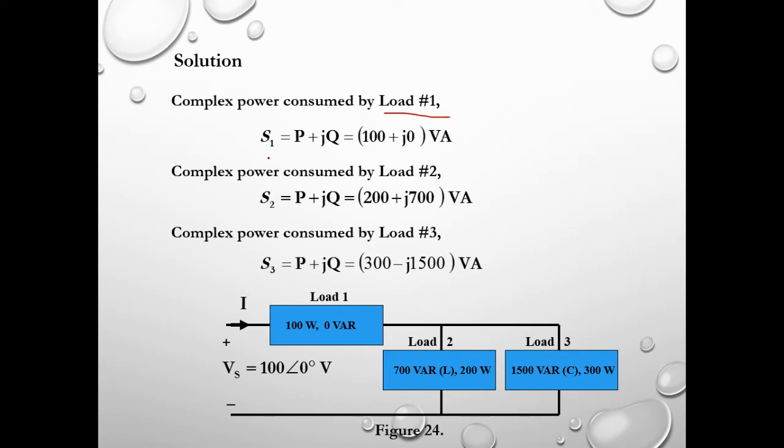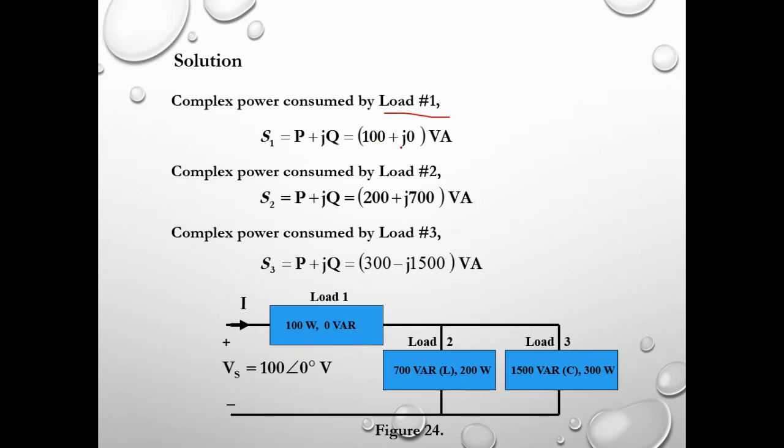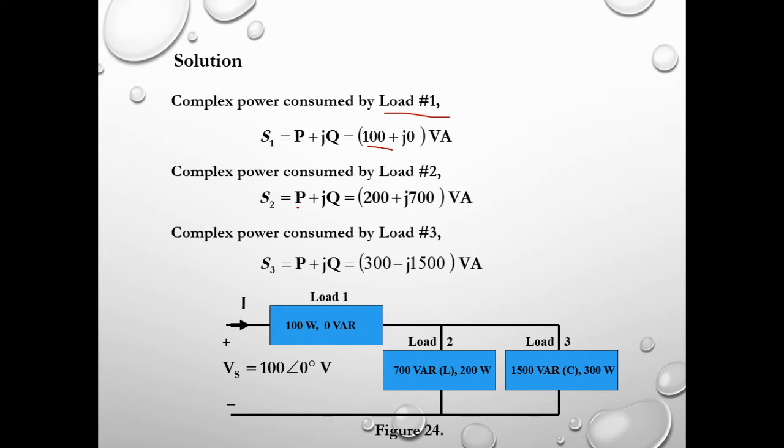S is given by P plus jQ. We have only 100 watts with 0 var, so 0 Q. We can simply write that S1 equals 100 plus j0 volt-amperes. The complex power consumed by load number 2, S2, equals P plus jQ. Both elements are provided. Here is the Q, this is the watt. So just write into this equation 200 plus j700